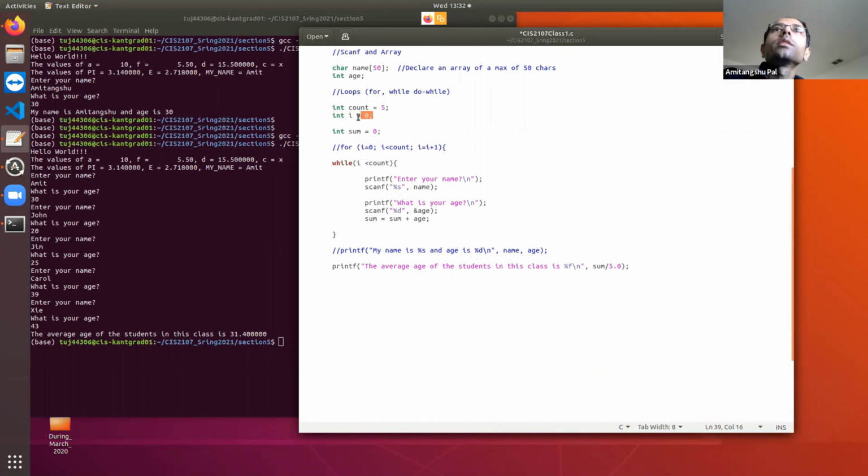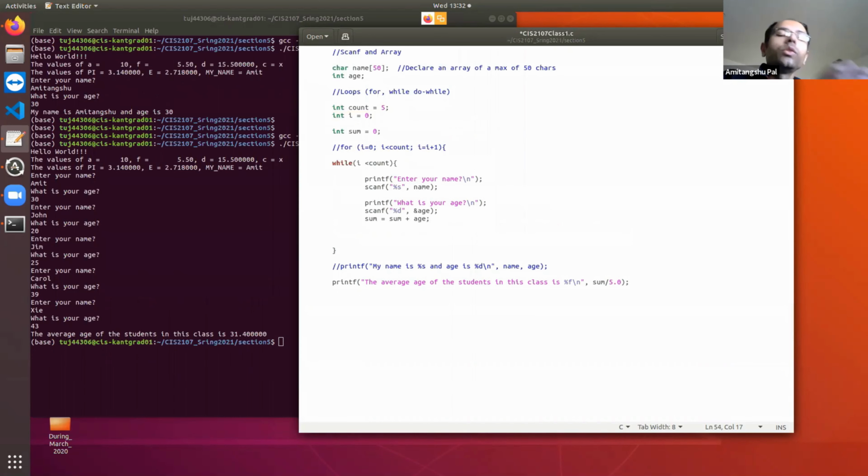Initialization, condition checking, and then the increment will come after your body, I plus plus or I equals I plus one.